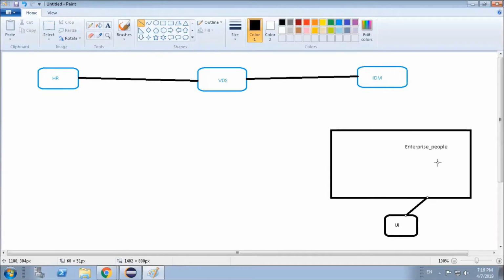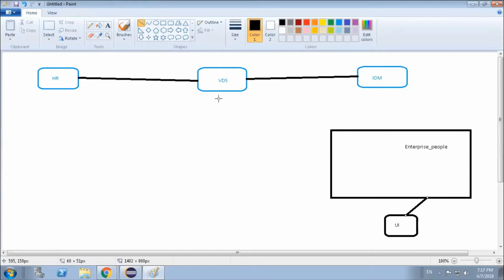Why not? Because, as I told earlier, their attributes are different. We have to map those attributes somewhere, and only then can we send that information to our enterprise area, so that we can see the data in the UI.